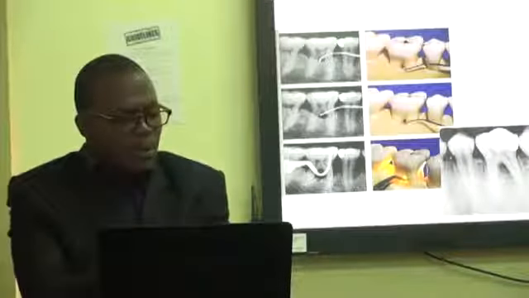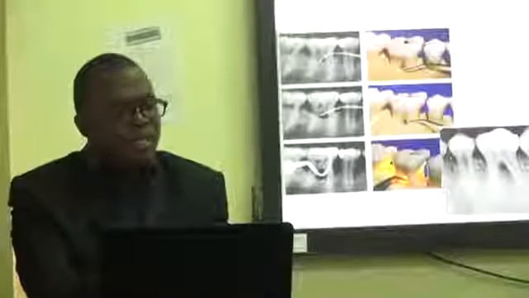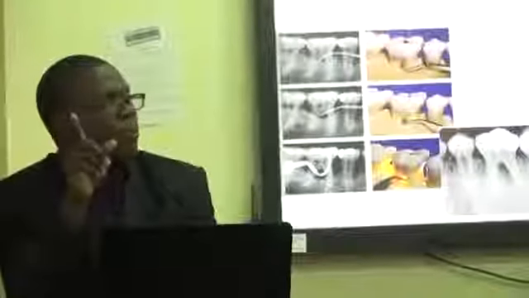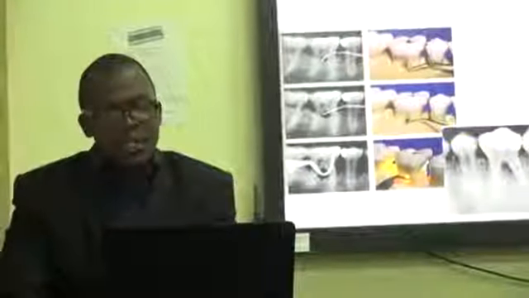So when it comes to classification, if you probe this furcation here, you may not go through to the opposite side. Yet with this one, you're most likely going to go through. And for A here, it is evidently clear that you will go through. So the radiograph can tell you this, but having done a clinical assessment supported by this radiograph, it will become automatic for you to make your clinical diagnosis.